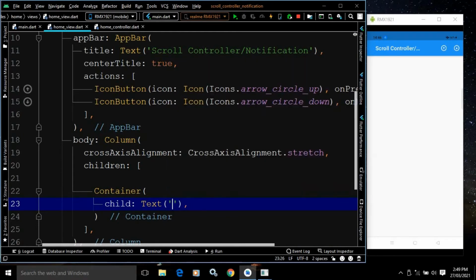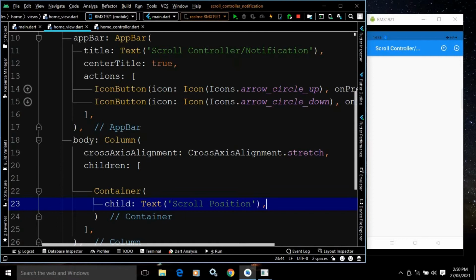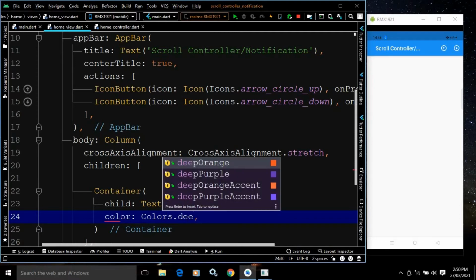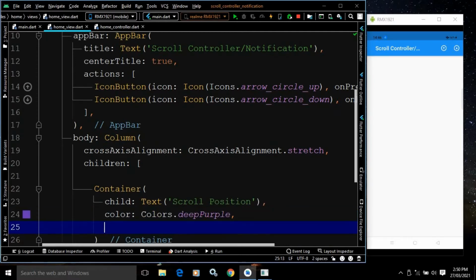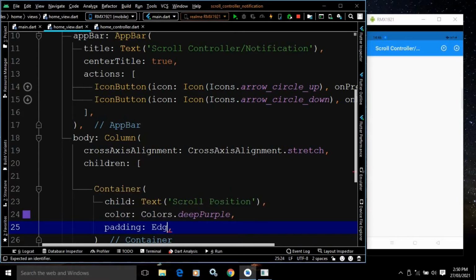Let me give it as scroll position. Here I will give the color of the container as Colors.deepPurple, and a padding of 8 dp from all sides, EdgeInsets.all(8).